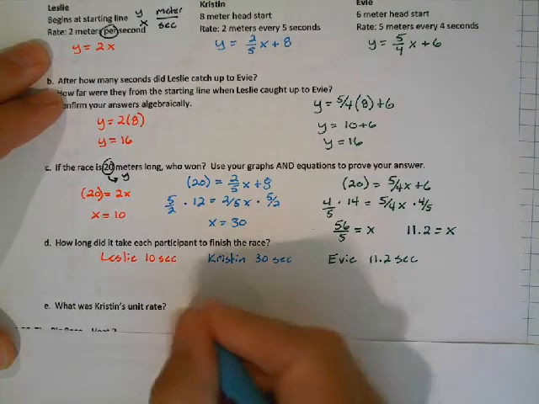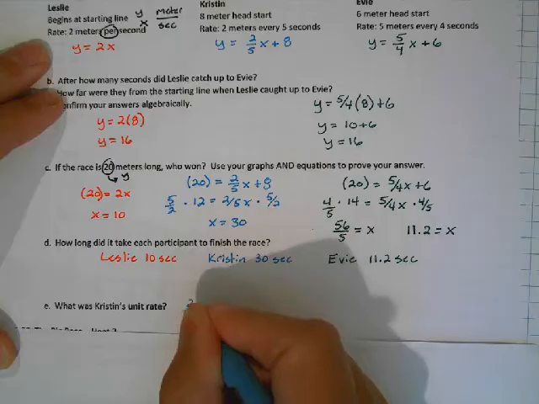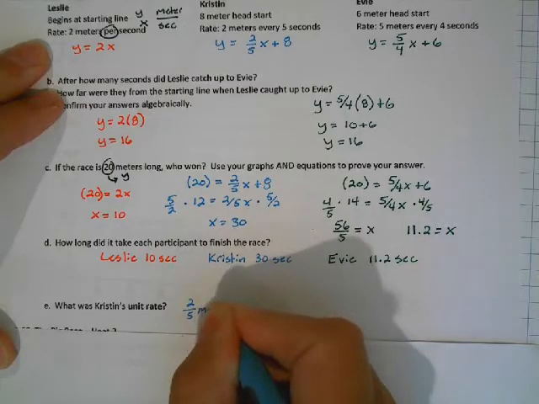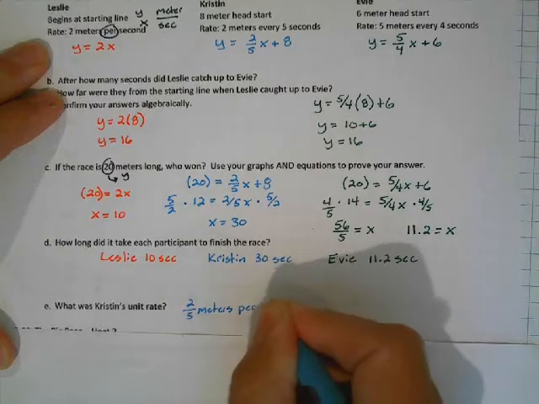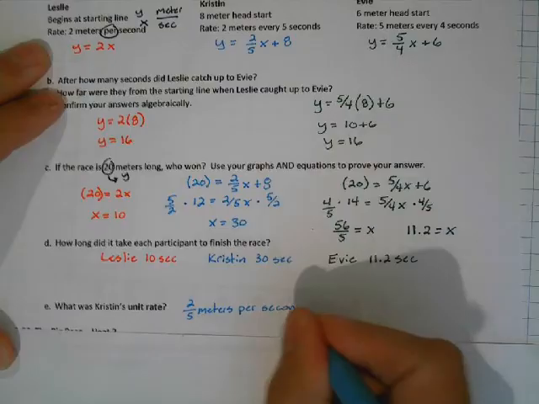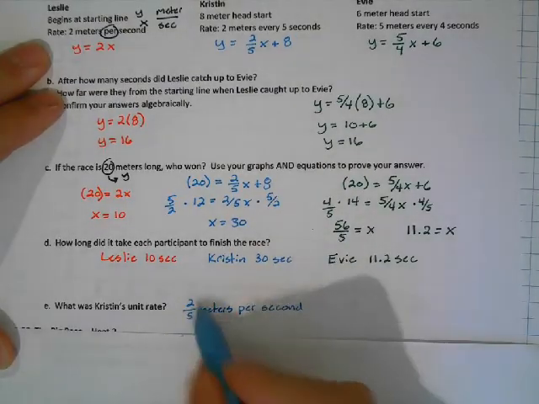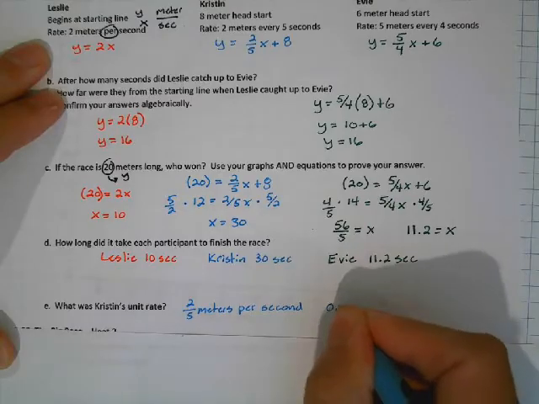So she is 2/5 meters per 1 second, or just per second. And we can make that into a decimal and say that is 0.4 meters